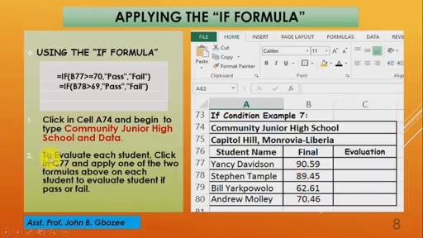So let's start. To evaluate each student, click in C77 and apply one of the two formulas above on each student to evaluate if they pass or fail. So we click in C77. This is C77. We click there and we apply the first one. Equal if, parenthesis open, B77 greater than or equal to 70, comma,